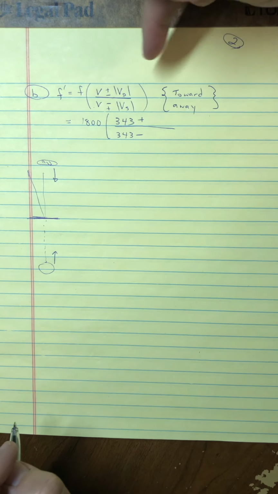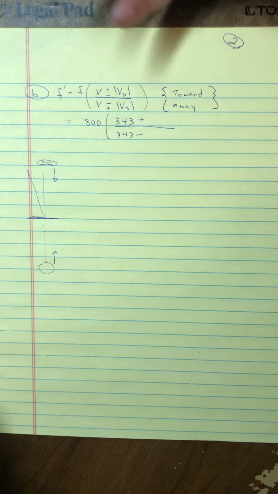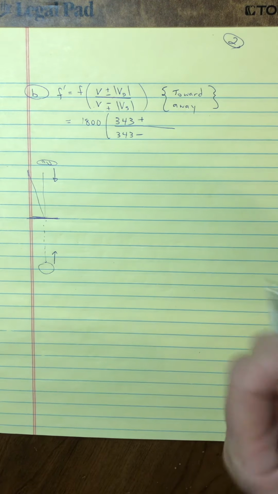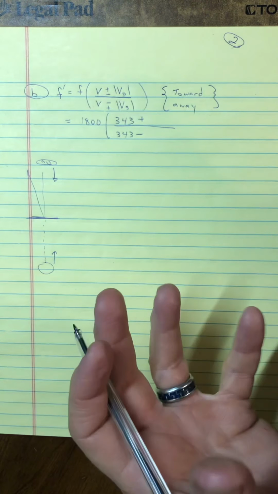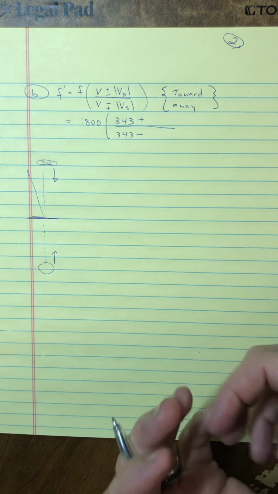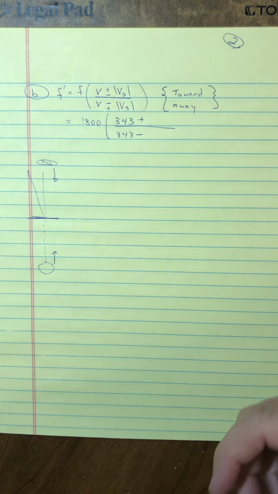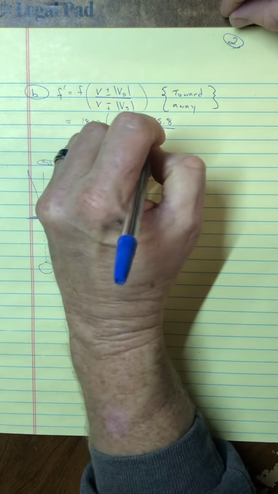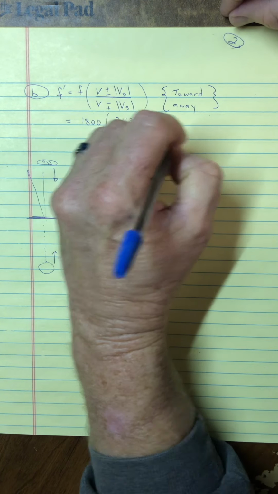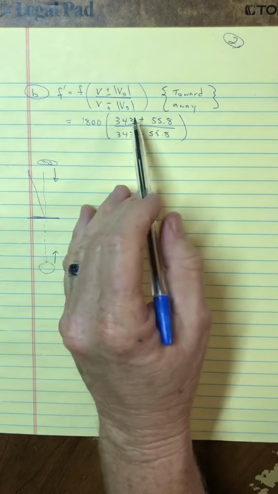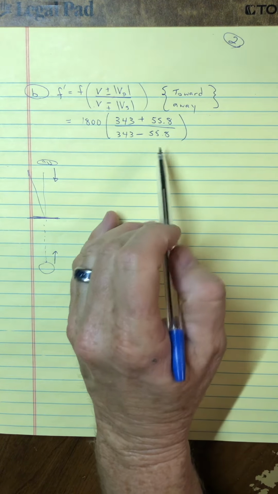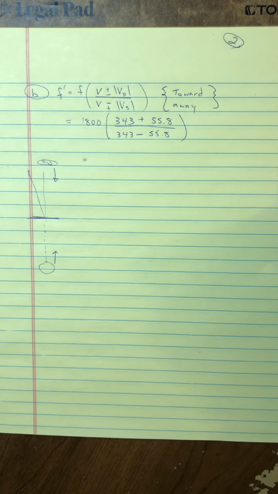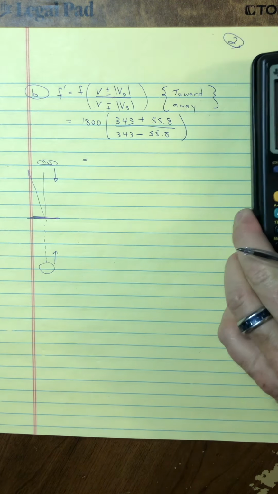Okay, now the speed, of course, is the same because, again, the observer, the skydiver, she is actually holding the source. So the source has got to be moving at this speed of 55.8. So I'm going to put a 55.8 in for both the speed of the observer and the speed of the source. And now I can do a calculation.